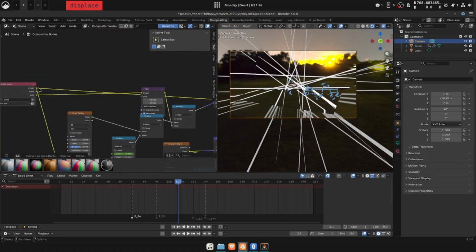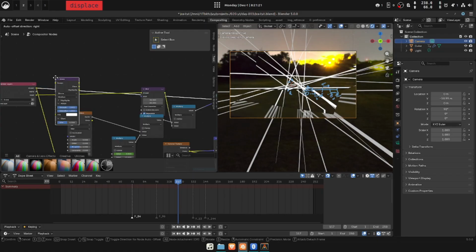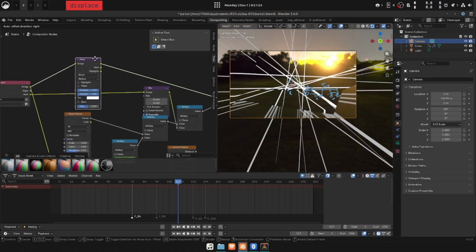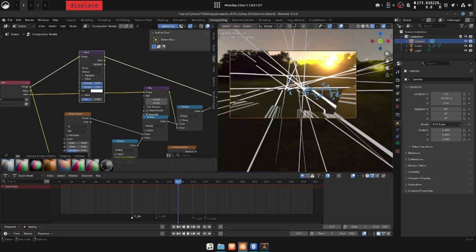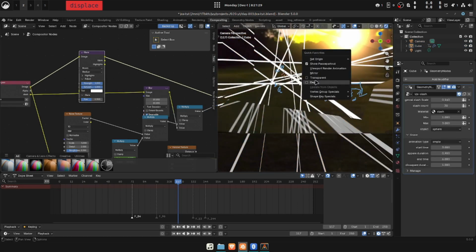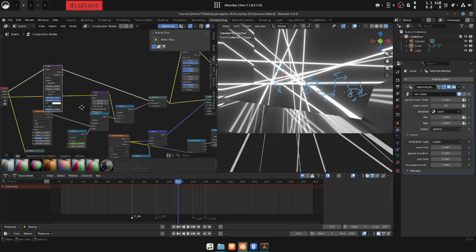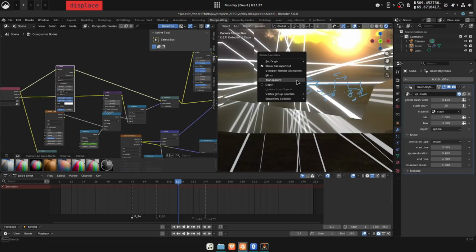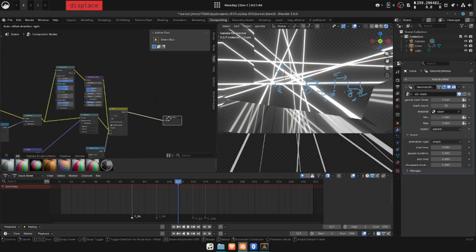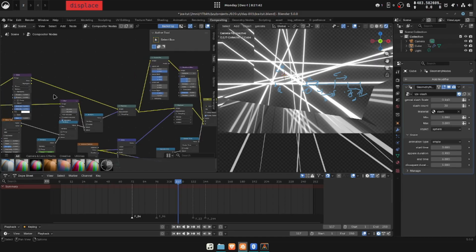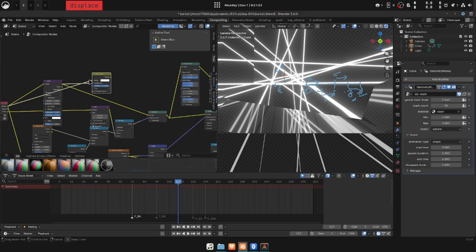Also, of course, the thing that is just bloom. Yeah, add bloom, and you can isolate it. It's blooming everything, so what I'm going to do is set it to transparent and set the threshold to 0, so it blooms more. If I keep it not transparent, everything is shiny. And I'm just going to alpha over it, alpha over, set this as the foreground, this as a background, and yeah,